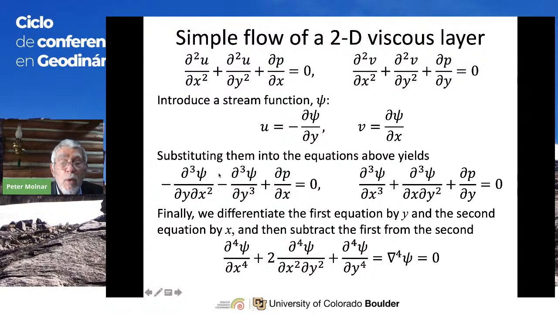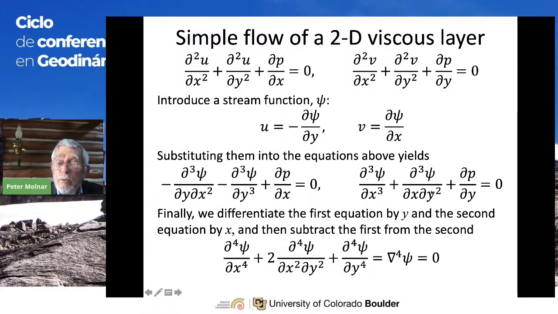If we do this with respect to y, this becomes the fourth partial of phi with respect to y squared and x squared. So it's this term down in here. It's minus, but we're going to subtract it from that equation, so it will be plus. It's only one of these. When we plug this into this equation, we get the fourth derivative with respect to y. It's minus, but we're subtracting it from this equation, so it comes out plus. And then in this equation, we're differentiating with respect to x. So this is the fourth partial with respect to x. That's this term. And this term is the fourth partial with respect to x squared and y squared. So it's another of these terms. And we wind up with this equation.